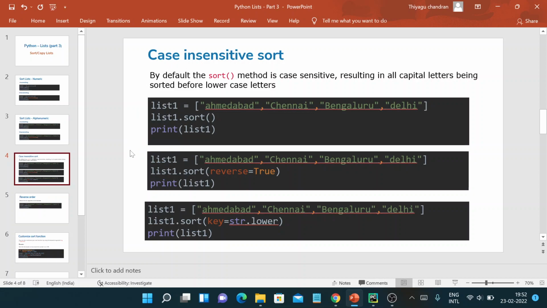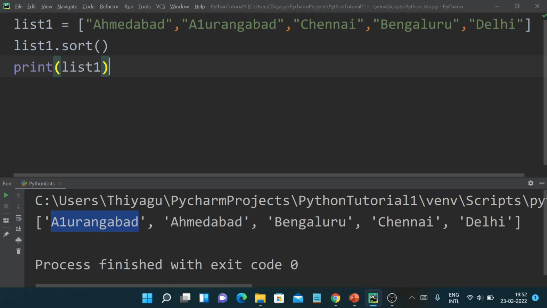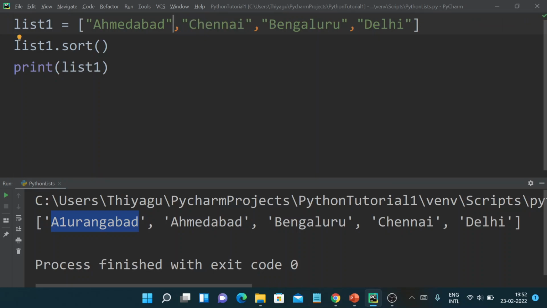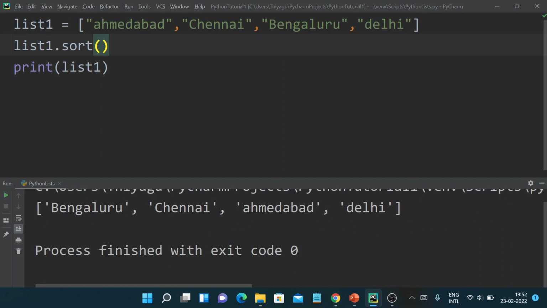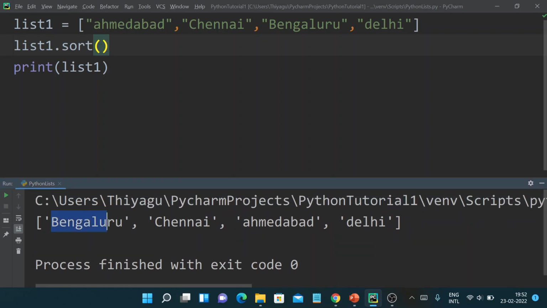So let me show you something. For easy understanding, I'm just going to remove this Aurangabad. So let's say we have Ahmedabad with a small letter A, and Bengaluru, maybe Delhi. I will change Delhi's D to small case. Now if I run this and look at the console, it displayed Bengaluru, Chennai first, and Ahmedabad and